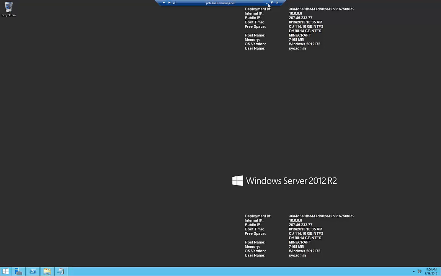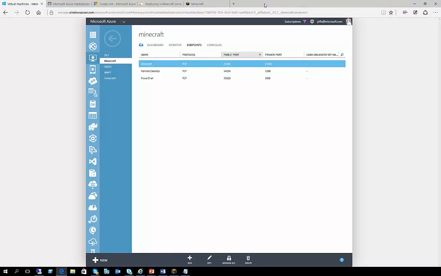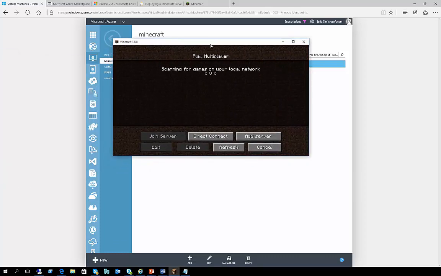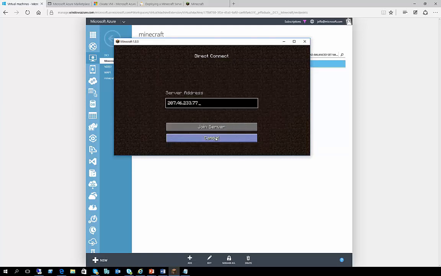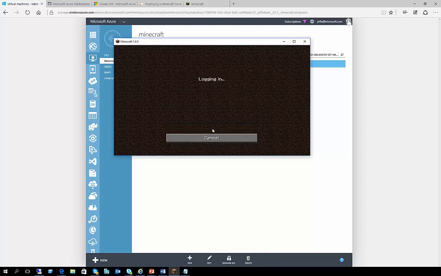So now let's look at the bit that your kids are going to really like. If you have a couple of kids and they want to play Minecraft together, you can get them into the same world and they can play with each other. We'll load up the Minecraft client, which I've just downloaded, version 1.8.8 I believe, and I'm going to do a direct connect to this Minecraft server. I've put in the virtual IP address for that server. I'm going to click join server. It's going to log in,